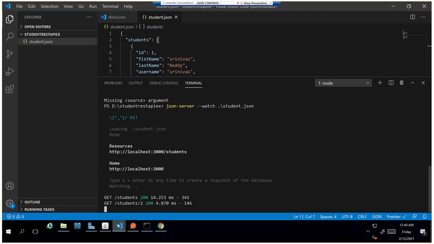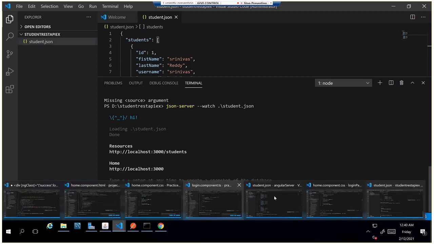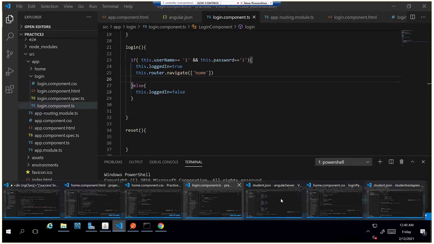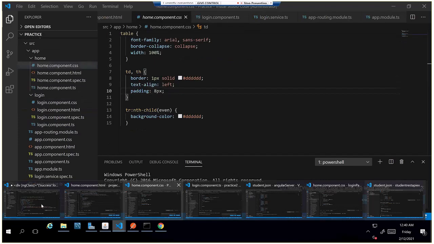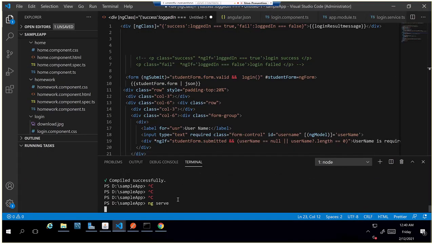We let it run. I'll show you whatever I have modified. I don't know where exactly we are. This is sample. No, I think the first one is, no, I think the second one. Yeah, you're on the right. This is the sample app.